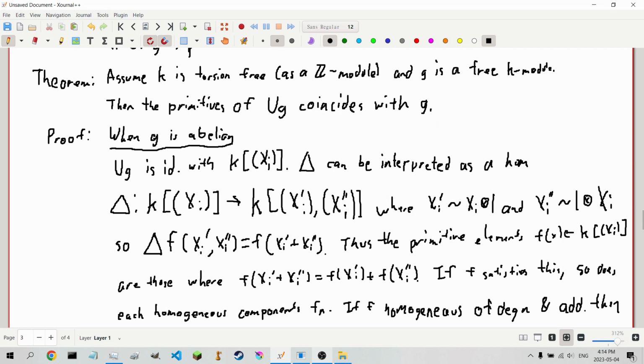If f is homogeneous of degree n and additive,